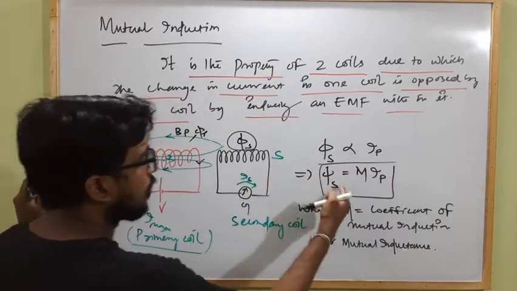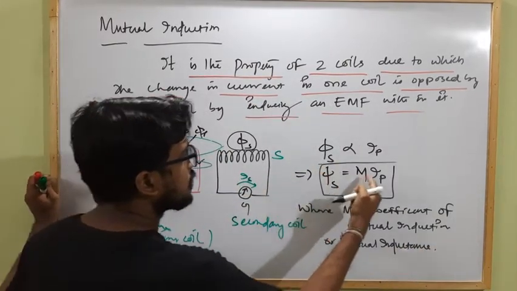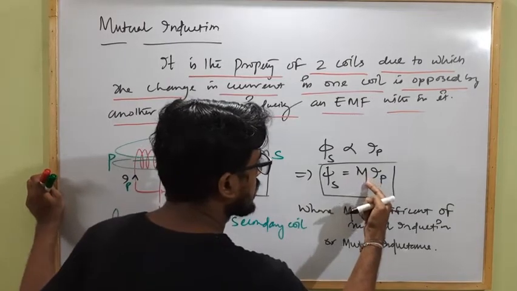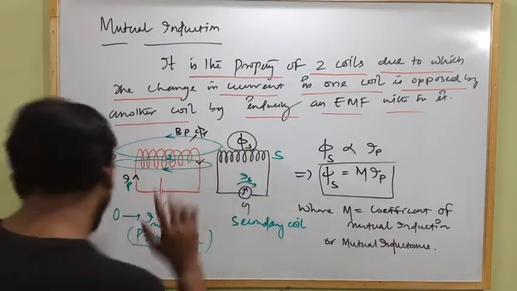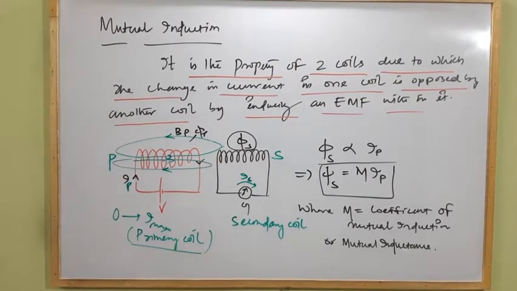Clear? So flux in the secondary coil is equal to mutual inductance into current in the primary coil. Clear? And we can also write it as